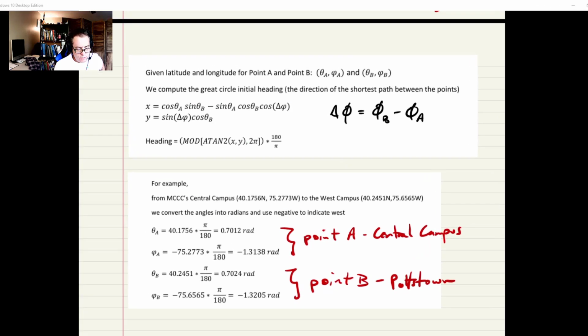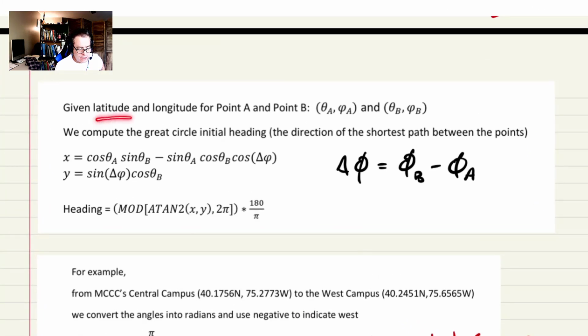So what we begin with is the latitude and longitude for the 2 points, point A and point B. We're traveling from point A to point B, so this will represent latitude and longitude for our point A, and here we have latitude and longitude for the point B, and we're computing the angle that is the direction, the heading to follow for the shortest distance from point A to point B. And the first thing to do is to compute these values x and y. Now what they represent